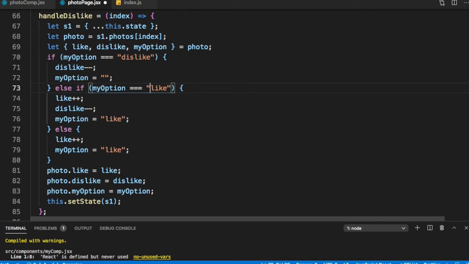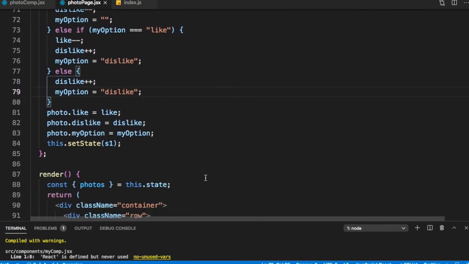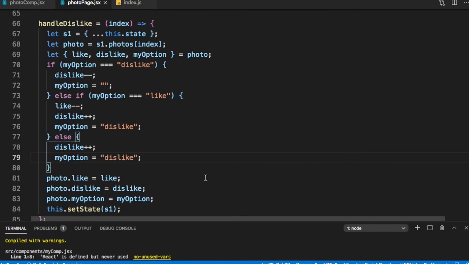If my option was like, then my likes would reduce, my dislikes would increase, and my option will become a dislike. And if it was nothing, then my dislikes would increase and my option will become dislike. So this should work perfectly fine.